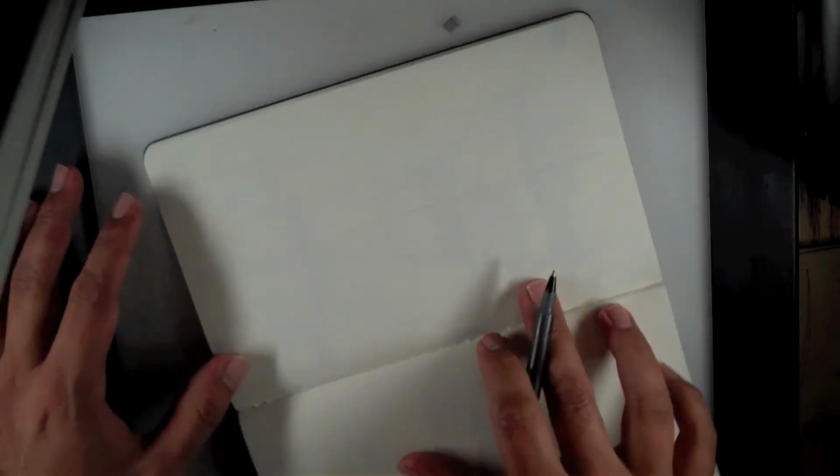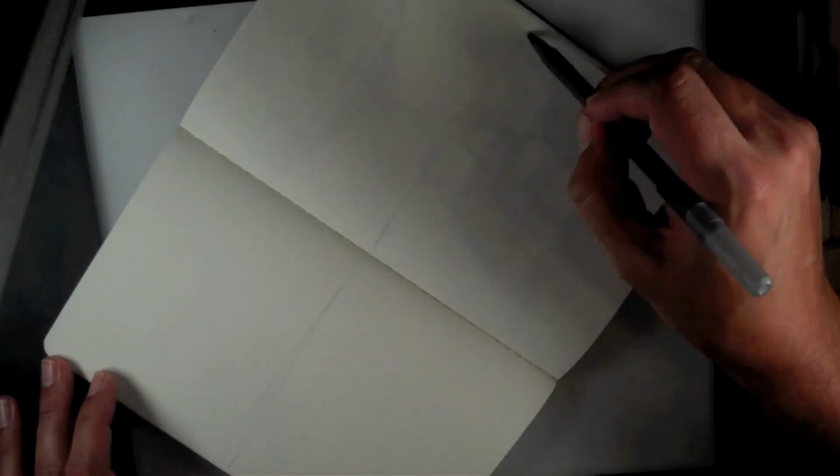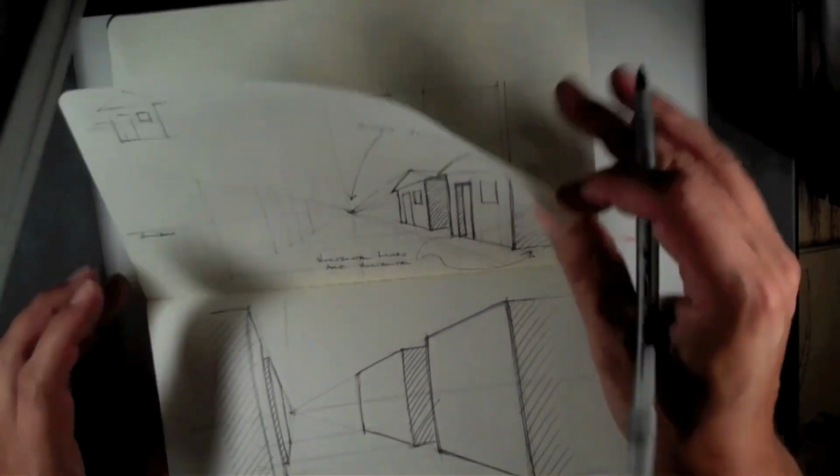What we're going to do to start out is almost the same thing, but the difference is really the orientation. Just draw a simple little line right in the middle of the top of this page. And then from there, draw a line halfway going all the way up, like so. And the difference is, from what we were looking at back here,